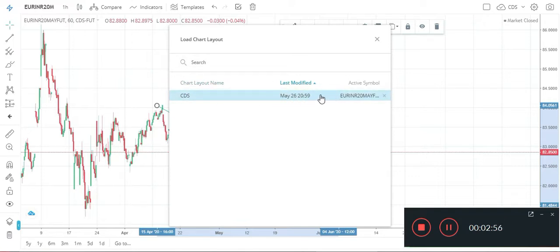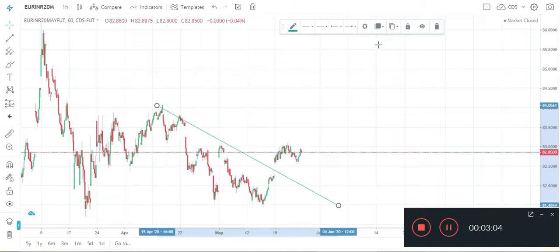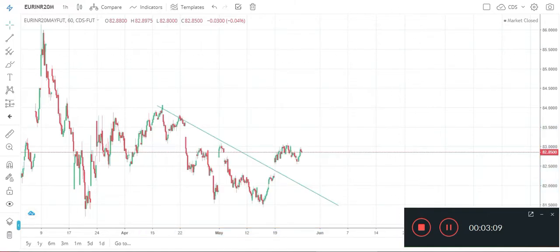However, with TradingView and Investing, these layouts are stored on the cloud. It is not limited to the device. These are stored on the cloud. Now I will show you which one to use. Like I said, if you have to use any platform for charting, I would happily recommend Investing.